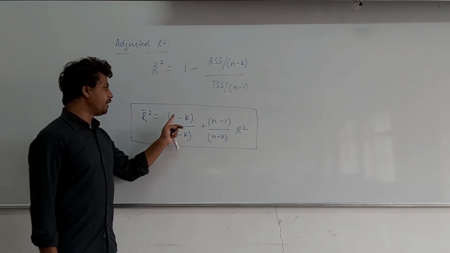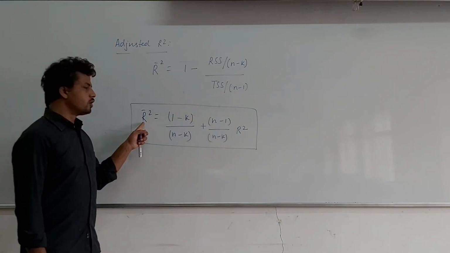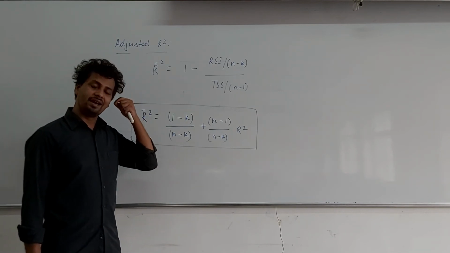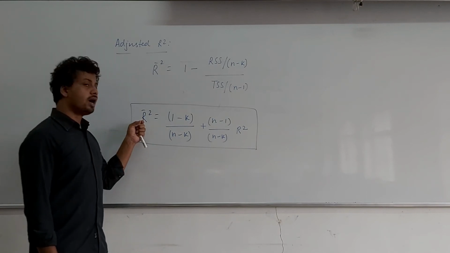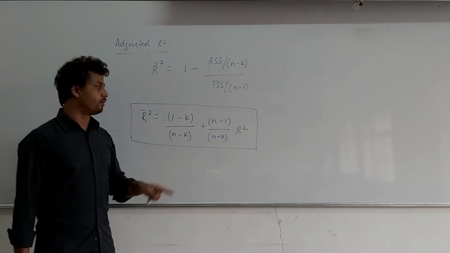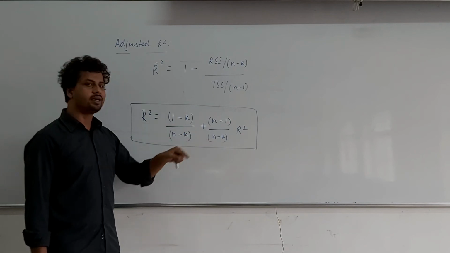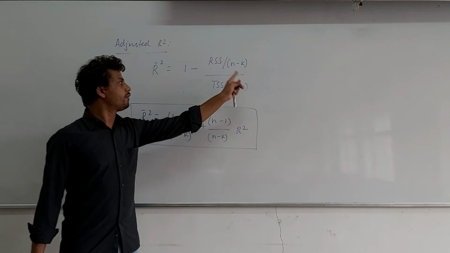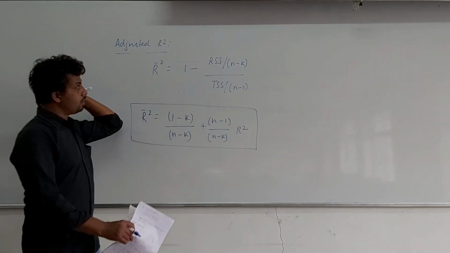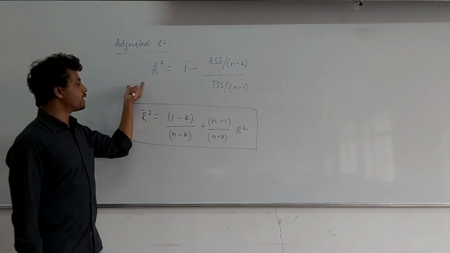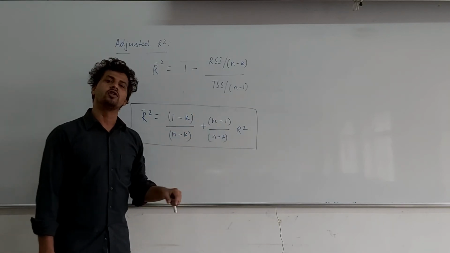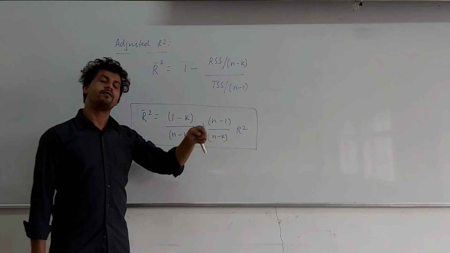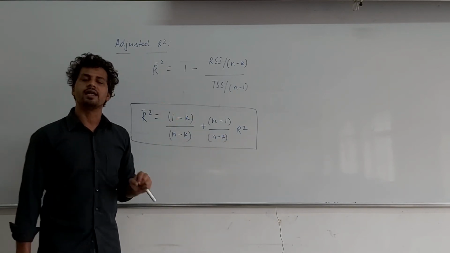Now see, this takes degrees of freedom into account. So what happens in adjusted R square is, if you keep on including irrelevant variables in the model, your adjusted R square can even turn negative. Solve this mathematical expression, and you'll find the condition when your adjusted R square can turn negative. But what we learned just a few minutes ago is that R square is a non-decreasing function of x. So even if you keep on including irrelevant variables, your R square might not increase, but it does not decrease either.